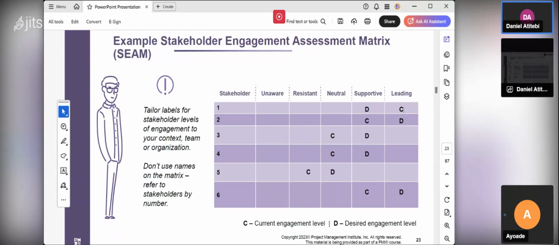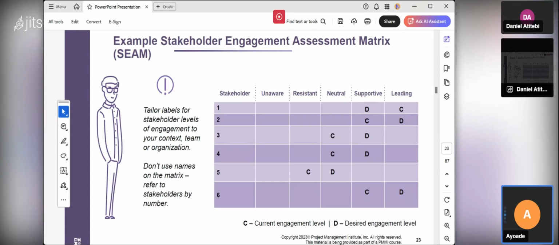But the question is that I could see, for instance, if somebody is currently resisting the project, we have C as the current level of engagement. Now, on that column of unaware, I said before somebody can be resistant to your project, the person must have been aware about the project. And you said so. So why are we, what indication are we having